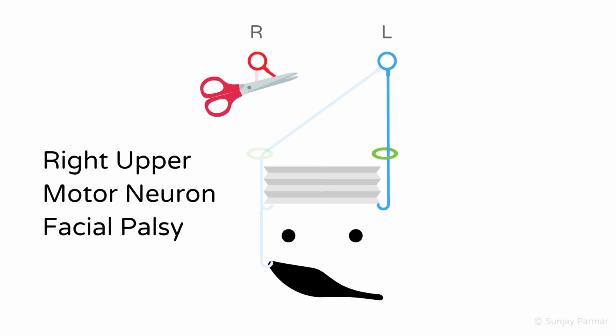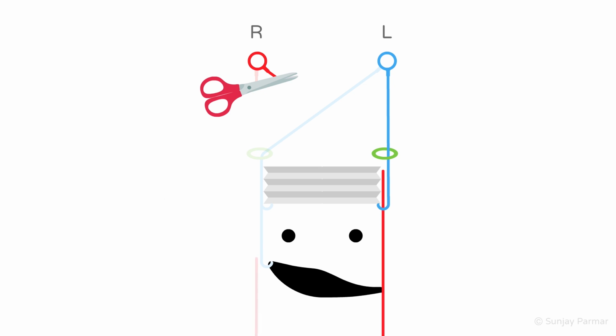The opposite is also true. If there is damage to the emotional brain centers but the motor cortex is spared, they may not be able to smile spontaneously but can on command.